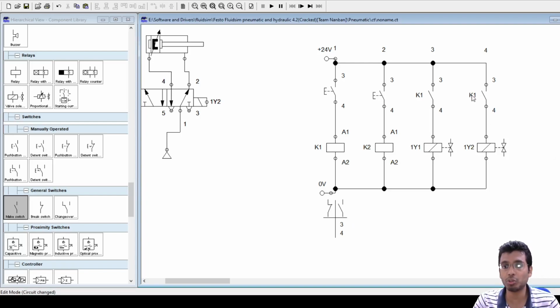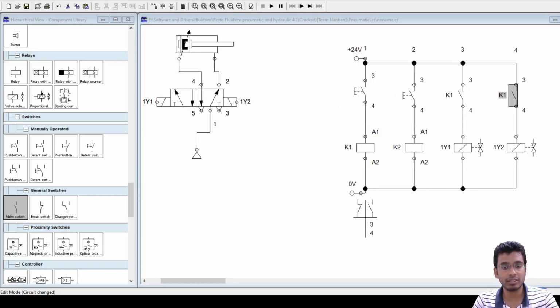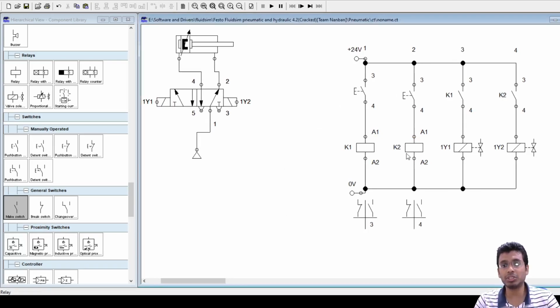So technically, what should come here to execute this circuit diagram? This should be K1 or K2 when I'm talking about current path number 4. What should it be? K2. Yes, this should be K2. So you just click this and name it K2. Now you see, the moment I did this K2, what happened? Below my K2 relay, under the normally open section, 4 appears. That means the K2 relay has one normally open contact at current path number 4.